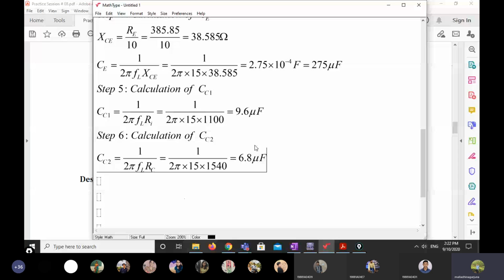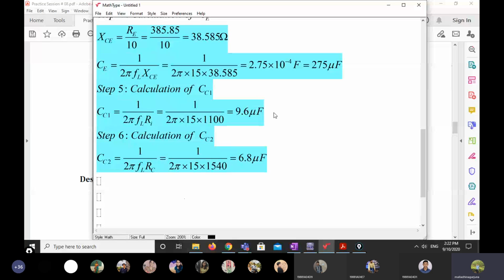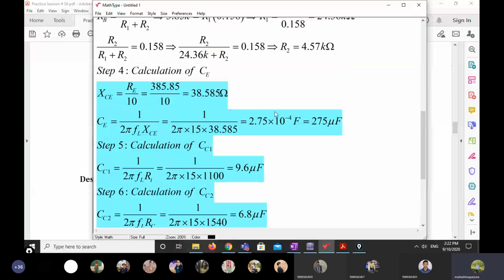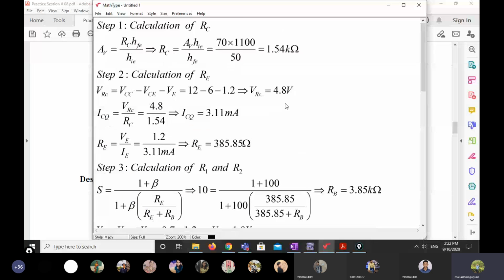Okay, so these are the values of all the parameters. In the software, if you want to implement, all the values will be available, so no issue. But if you want to implement in hardware by taking the components, and connect on the breadboard to see the practical, all these values may not be available.